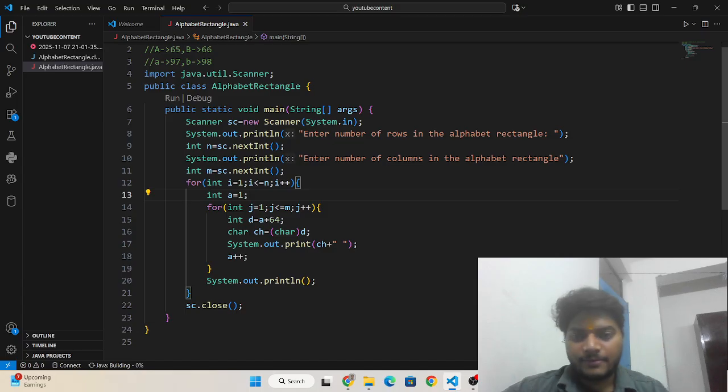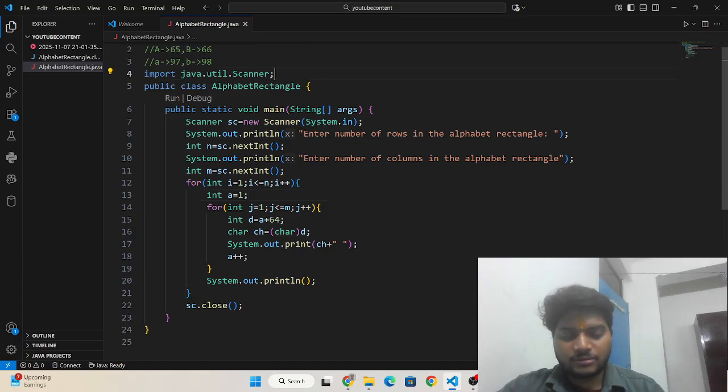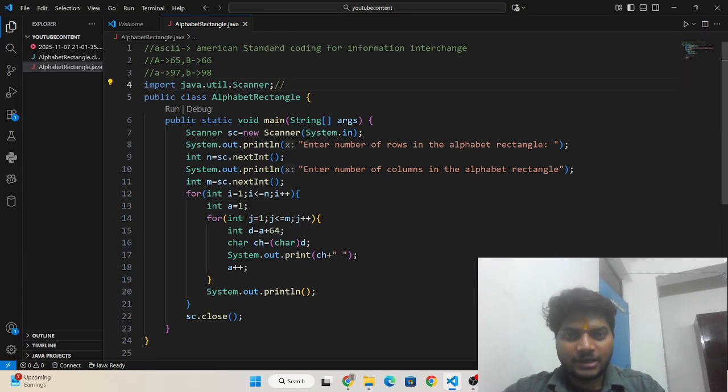Okay, now I'm going to write comments for each line. Scanner class, why I'm taking scanner: the scanner class is taken for user input.